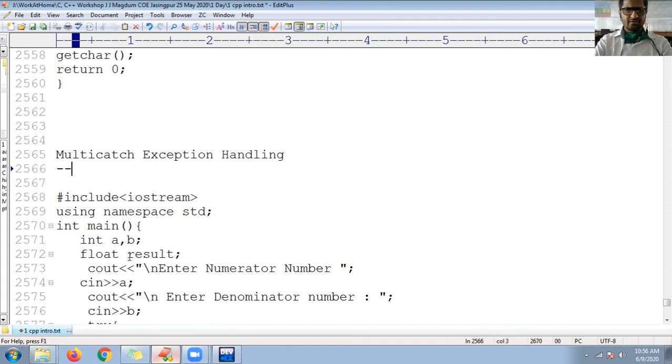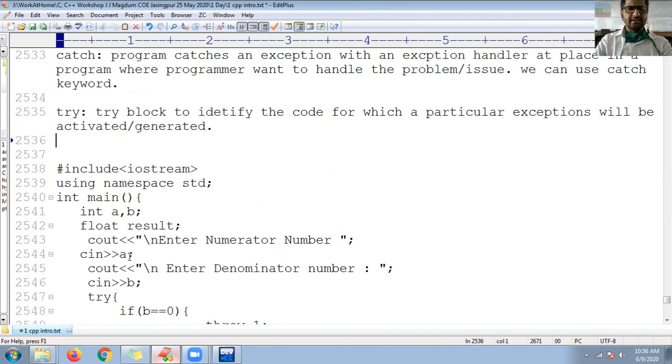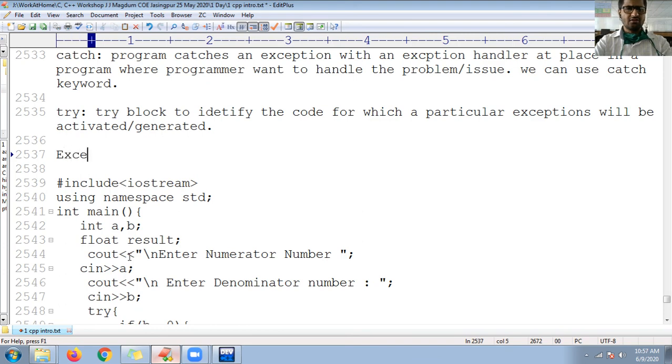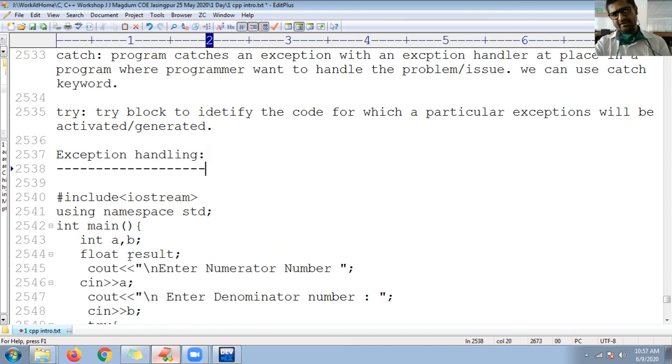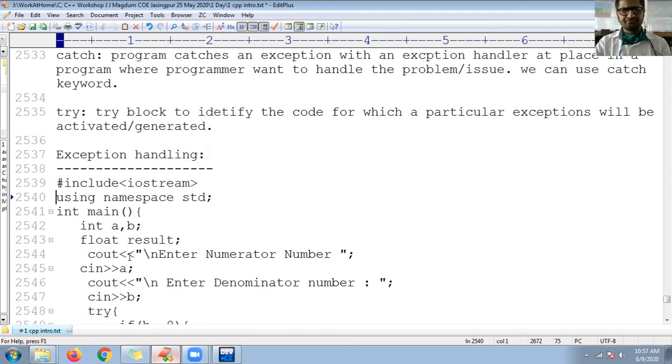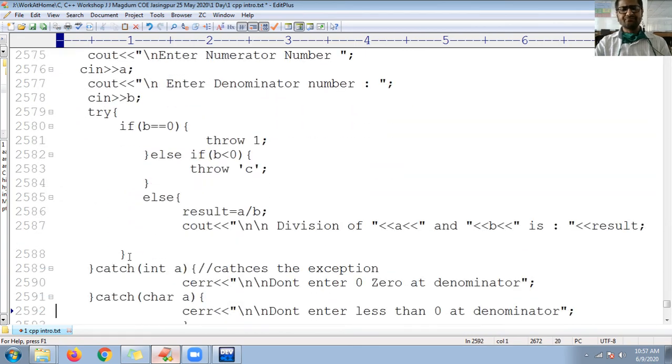This is multi-catch exception handling, and this is simple single exception handling. Okay guys, fine. Clear now? Any doubt in exception handling, guys?